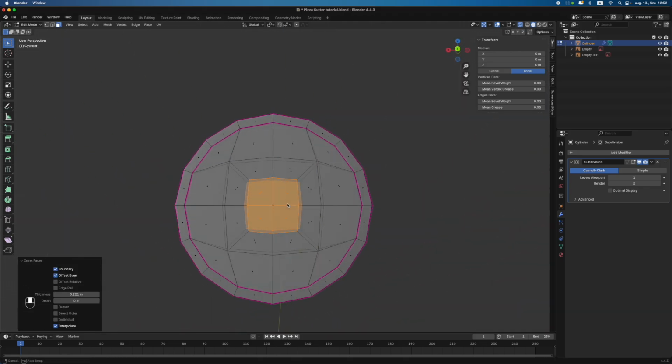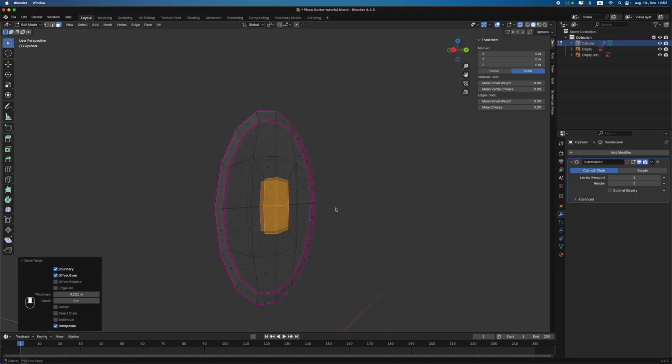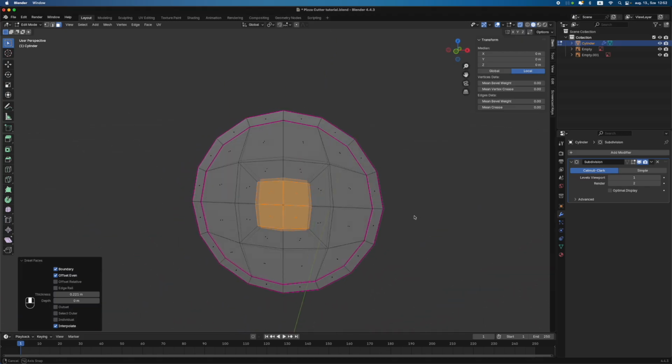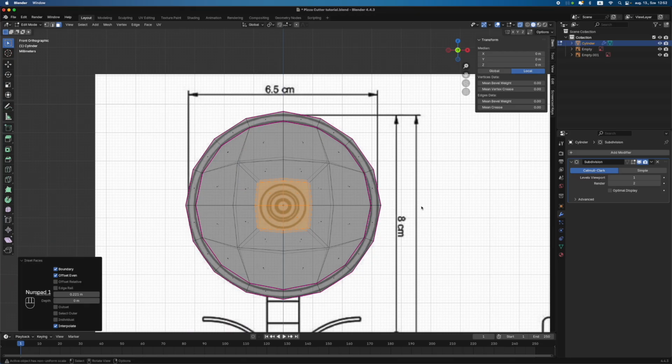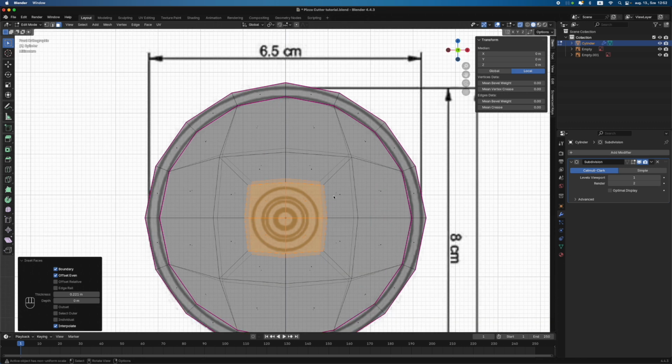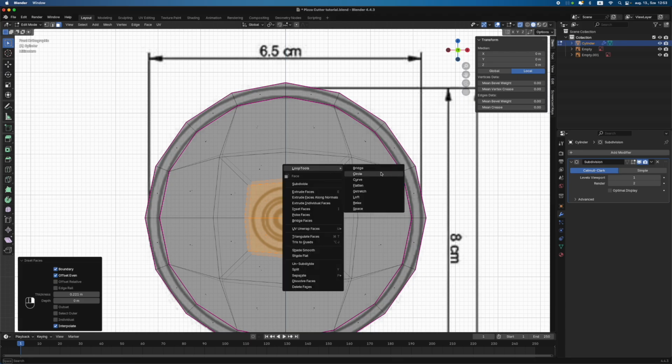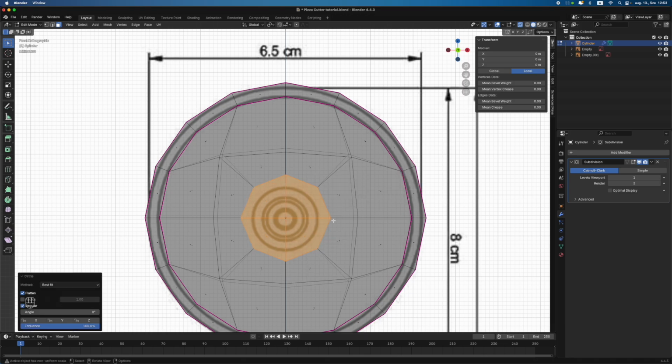I don't know why this is off. It should be the same on both sides, but it doesn't really matter. We can now use another very handy tool, circleize. So we want to make this a circle, so we can do it by pressing right mouse button and then selecting at the loop tools tab the circle. This will make it